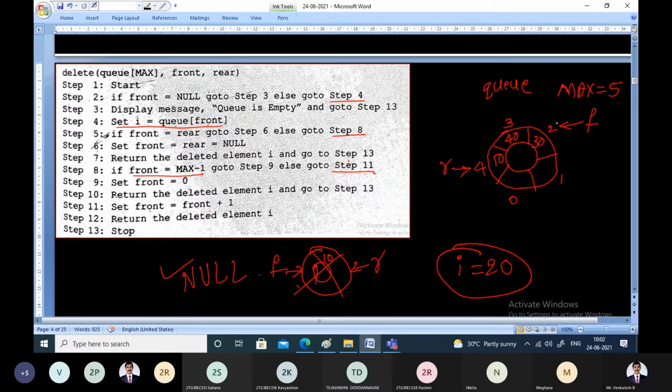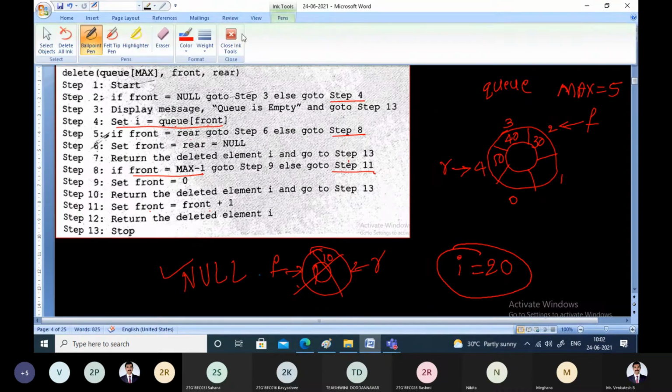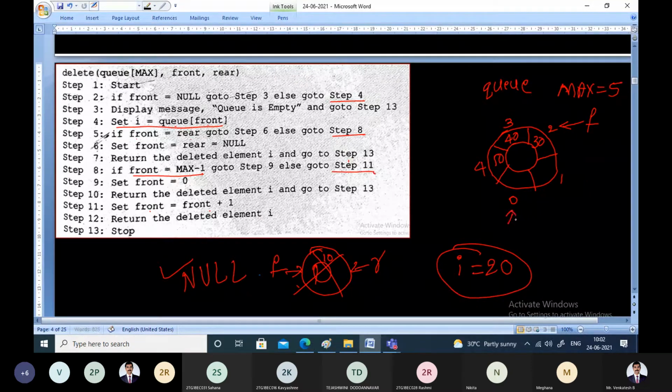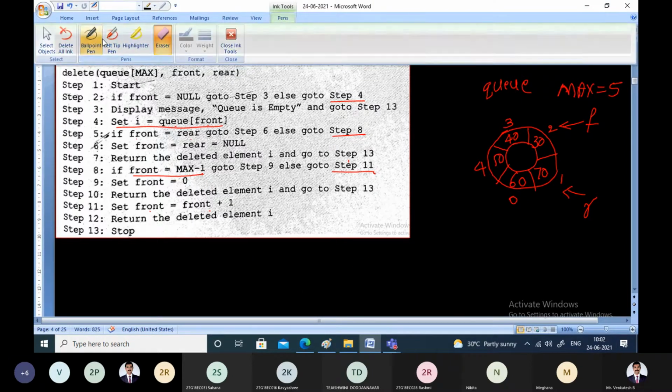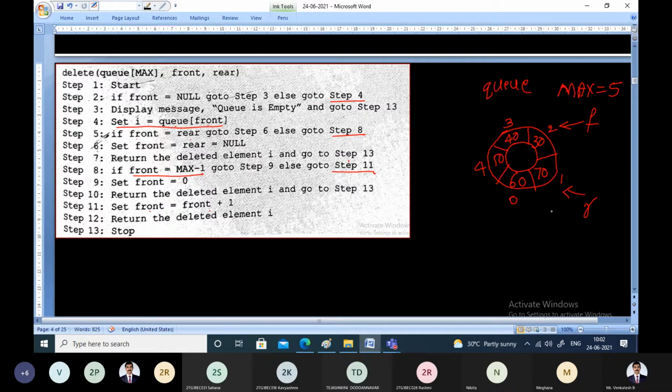Right? Likewise, in this scenario, I'll do some more insertions for completeness. Let us increase rear. I'll increment the rear because there is still space available. I'll make rear point here and insert one element called 60, because I need to explain the complete algorithm. Once again, I will increment the rear and insert one more element called 70. So we have arrived at this particular scenario in the circular queue because front and rear are pointing attached to each other. It is possible. If there is space available, you can increment the rear and insert some more elements.